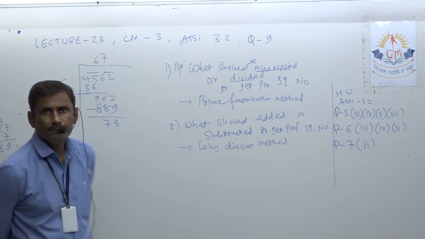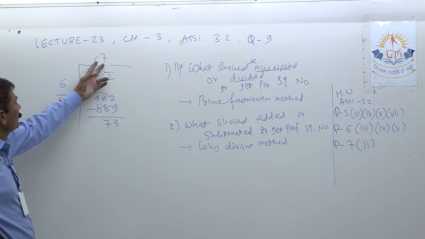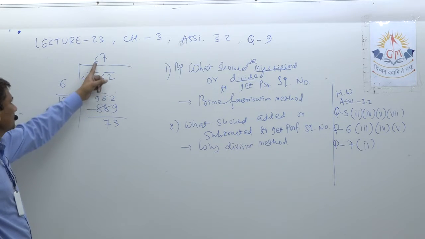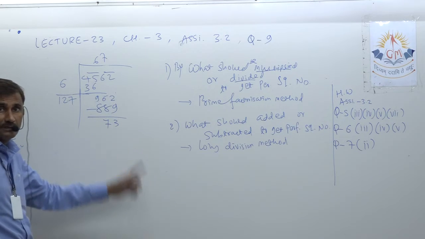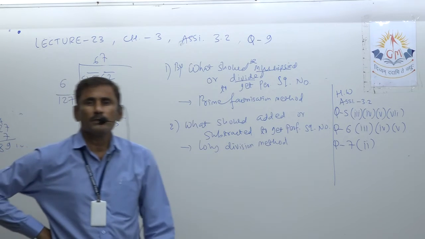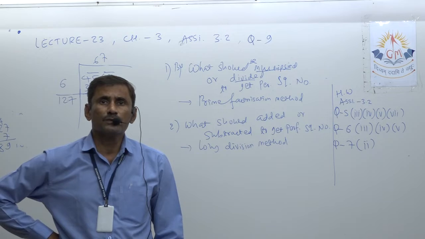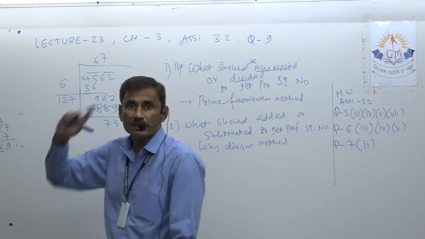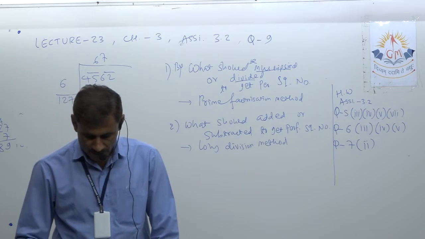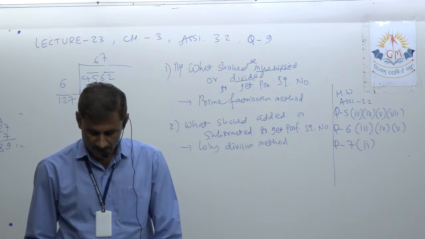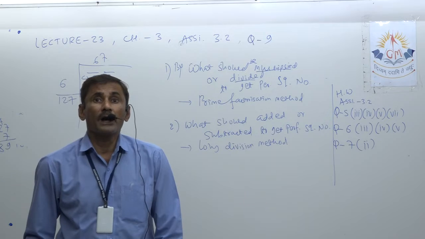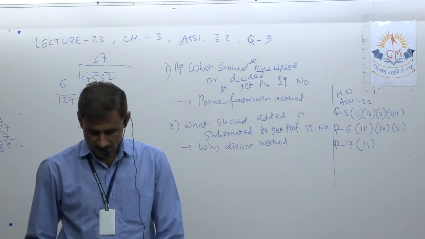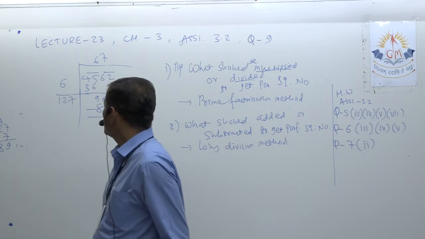So what to do? Actually it is 67 square plus this number, which is 73. So if you want to add something, then you should reach up to the square of the next number. So the next number will be 68. So you should first of all find the square of 68 for addition only. But now they are asking what should be subtracted in number 8.